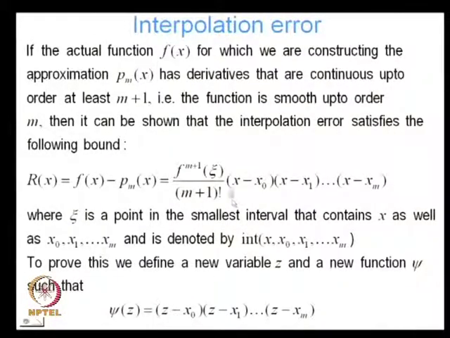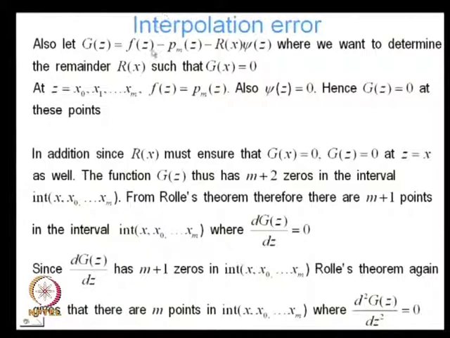So psi of x is basically this part, and I want to find out what form R must take in order for me to write this. So that's how I define g of z is equal to f of z minus Pm of z minus R of x times psi of z, where we want to determine the remainder R of x